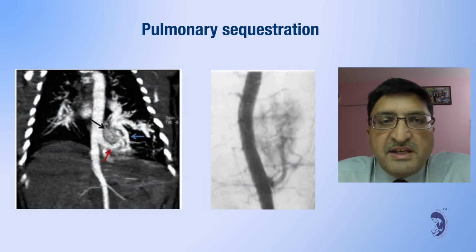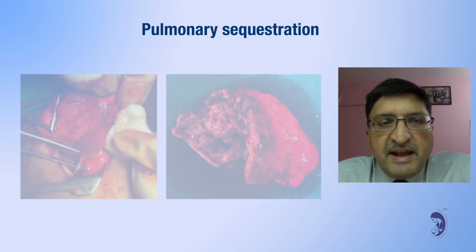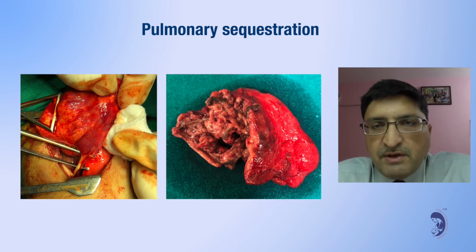This is a CT scan where this is the abdominal aorta. This is the thoracic aorta, which goes then into the abdominal aorta, and there is this branch which is feeding a sequestration. You can see this is the angiogram, and here from the aorta, a vessel is seen which is feeding the sequestration. This is a nice clinical picture where you can see this feeding vessel from the aorta, which is going into the sequestration. This was basically a type of intralobar sequestration and hence needed a lobectomy.